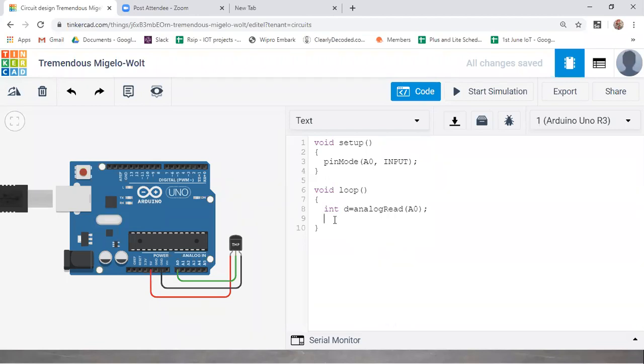Next you need to convert it to volts. Why we are going to convert into volts, I'll tell you. We are going to convert into volts, and then we are going to convert it to temperature finally. From temperature you can convert into centigrade, but you have a direct formula for that also.